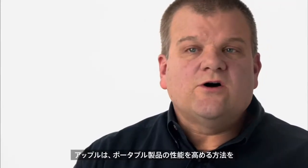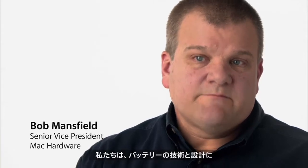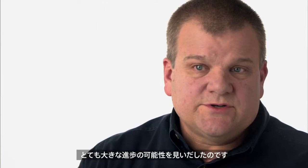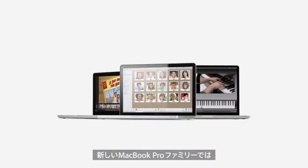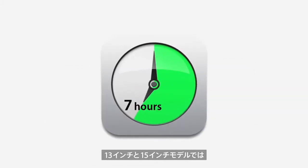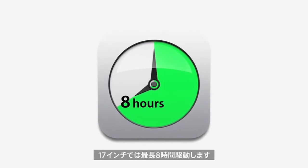At Apple, we're always looking for ways to advance the performance of our portable products. Battery technology and design was one of those areas that we saw the opportunity for some really key advancements. For the new MacBook Pro family, we've designed our longest-lasting batteries ever. They last up to 7 hours on the 13 and 15-inch models, and up to 8 hours on the 17-inch